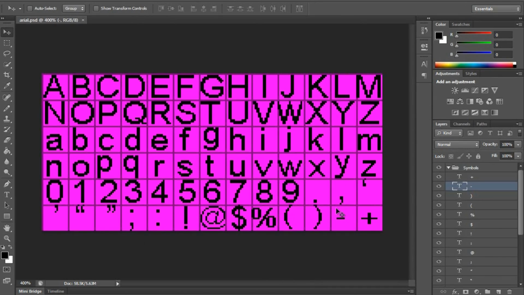But I finished this. I'm probably going to add another row here and add more symbols because we don't have anything like square brackets, curly brackets, backslashes, forward slashes. We don't have any of that stuff yet. But this is what it looks like, right? So we've got uppercase and lowercase characters as well as a bunch of symbols. I'm going to talk more about this in the next episode because that's where we're actually going to implement the font rendering. But basically, just so you guys understand our problem and thus the solution for it,